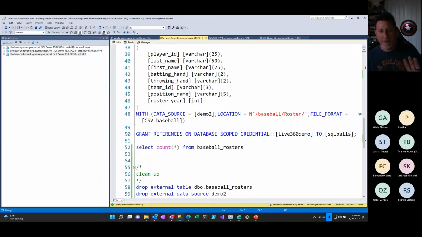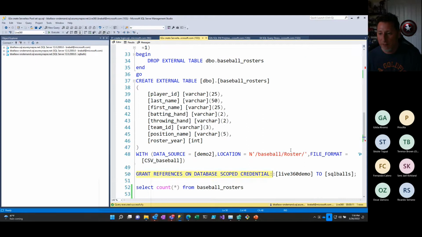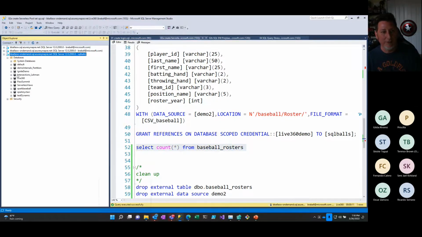Now this is an externally defined table. We've got all our data types defined, and I wanted this to be exactly the same for serverless as we're going to use in the dedicated pool. And then what I did was I said GRANT REFERENCES on database scoped credential live 360 demo. That's the name right up there. And we're granting that to the user we created, SQL balls. And so then what you would do is you take this select count from baseball rosters, you would connect as SQL balls right here, go to live 360,